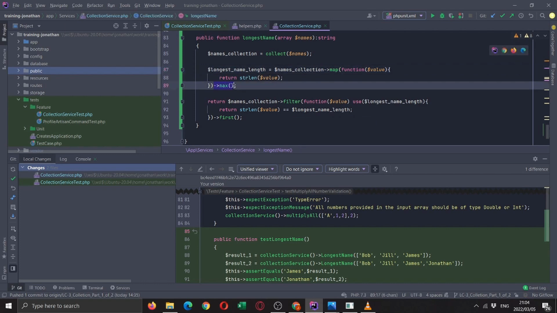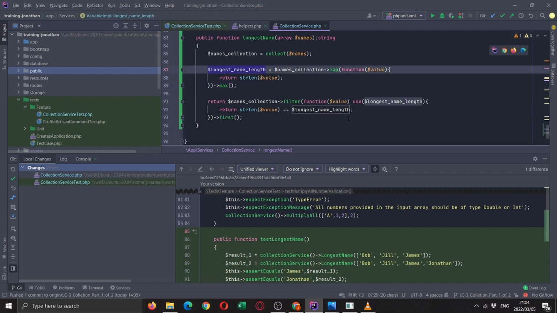And because we can chain helper methods off of a collection, once I've got that, I just ask it, what's the maximum number in this collection? So then I know what the longest number is for the longest string, the most amount of characters.